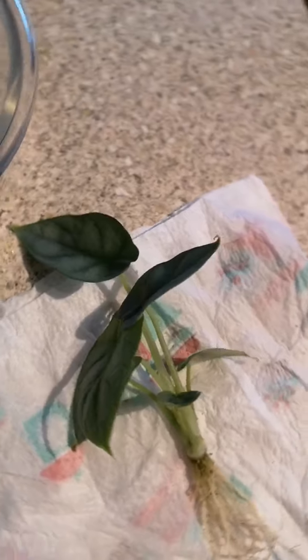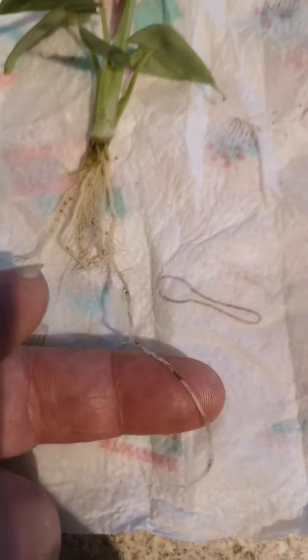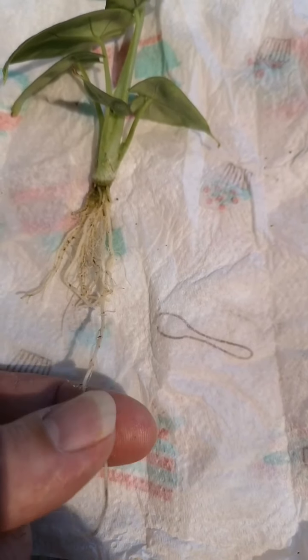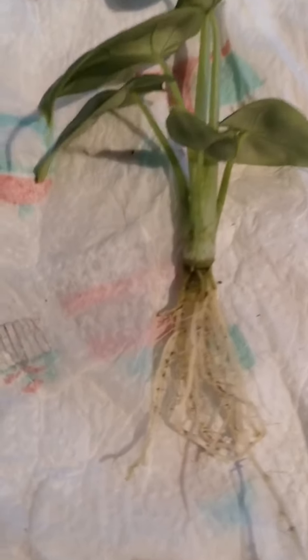Okay, so this is the little silver dragonscale. It's only a baby, but like I said, I like to buy my plants small. These are the roots that I've washed off. As you can see, I haven't managed to get all of the soil off, which, to be honest, I will get some more of that off before I put it in, but